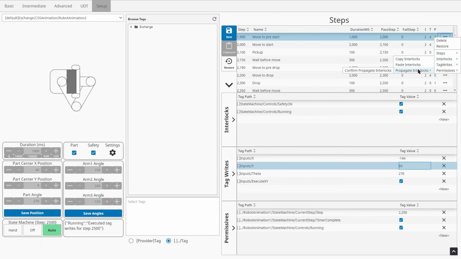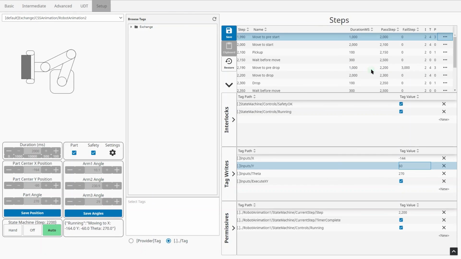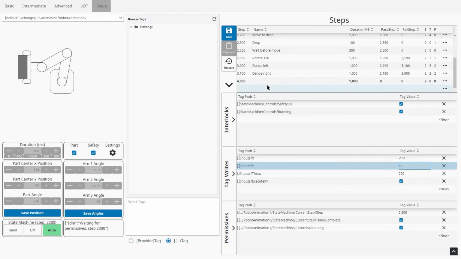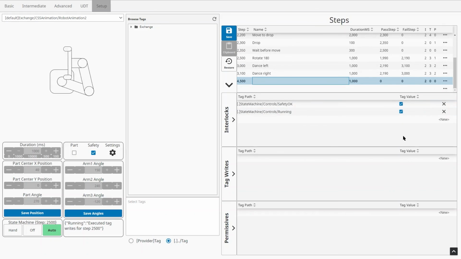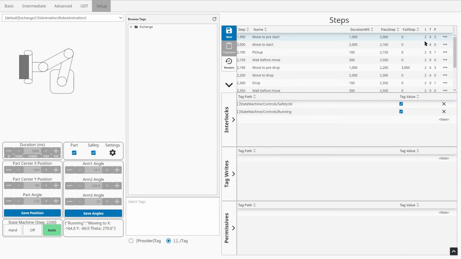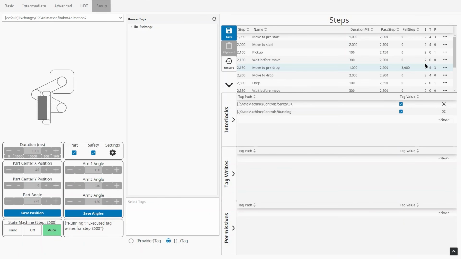I'm going to propagate interlocks. Now when I click that and I enter the step, you'll see that I actually have 2 interlocks without ever typing them in. That's just because I'm copying them. It's very common practice to have the same interlocks for every single step. Your tag rights and permissives are normally different. So that's one of the functions with interlocks.